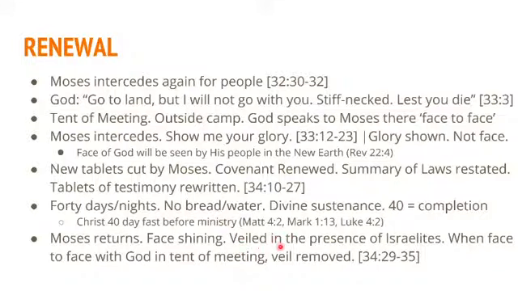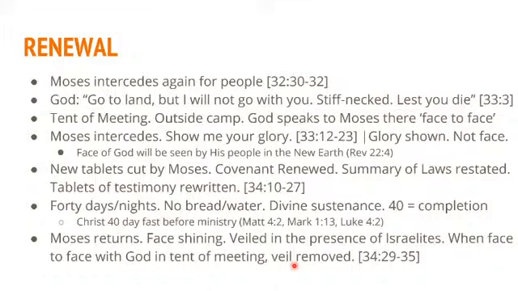Moses did that. He put a veil over his face when he would go and converse with the Israelites because of the fact that his face was glowing. However, when he went in the tent of meeting, which we covered, he used to go and meet with God. When he went to that tent of meeting, he would remove that veil and have his face-to-face conversation with God in the tent of meeting.